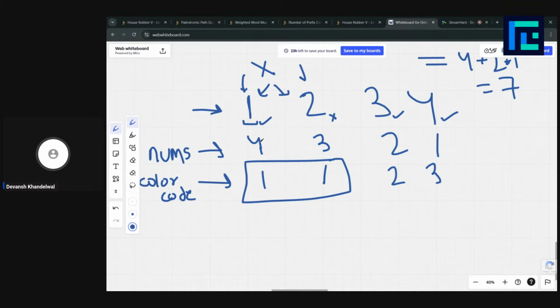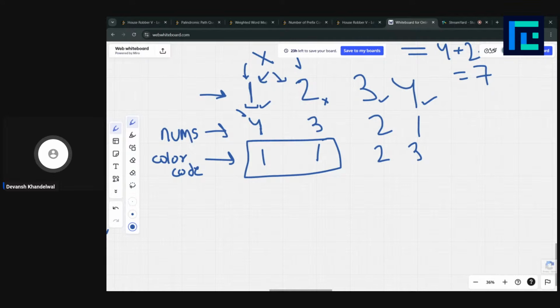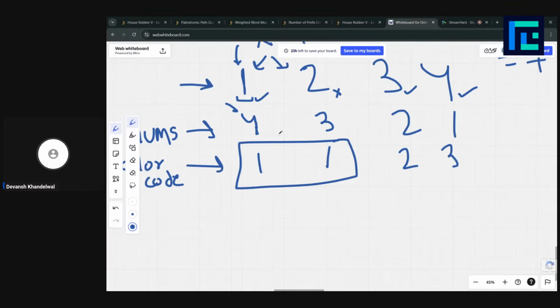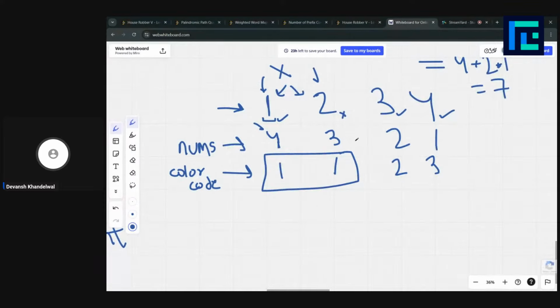So can we go greedily here? We would rob the house with the maximum. Let's think in brute force terms. What methods do we have? First, we could think greedily. We could rob the house with the largest amount, and then move to the second largest one. We would see if we could rob this, because in this case the adjacent house was already robbed, so we couldn't rob this, and then we move on with the other houses, right?